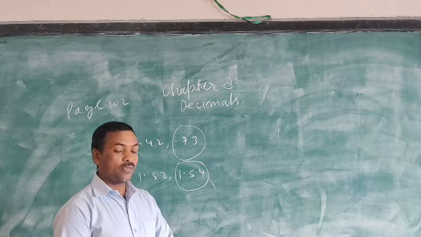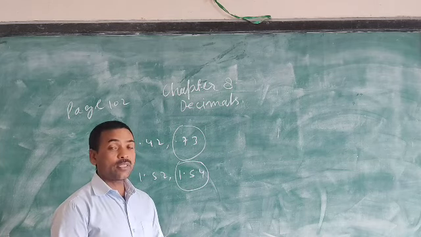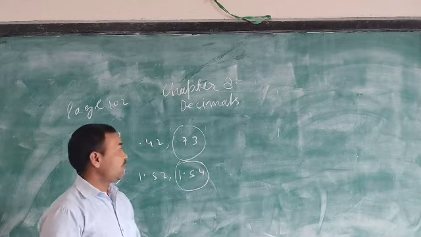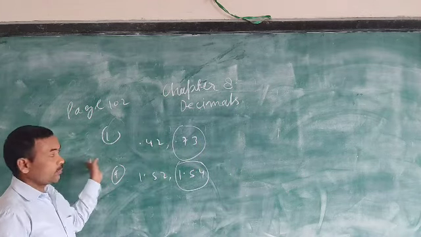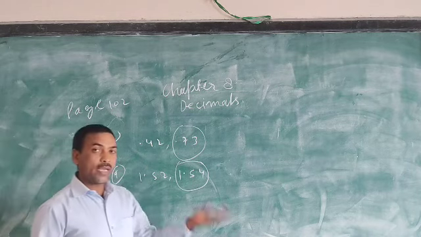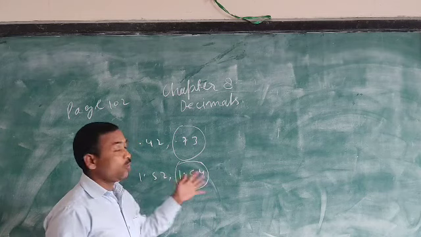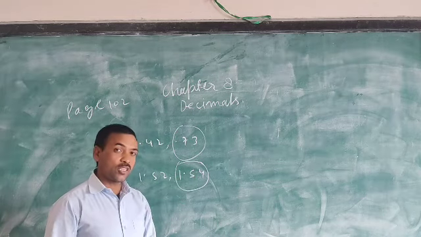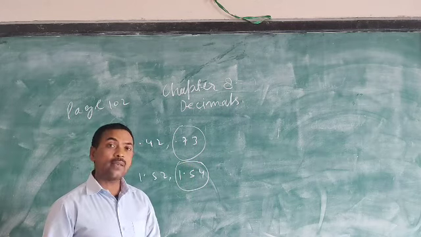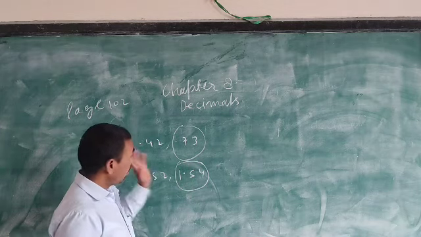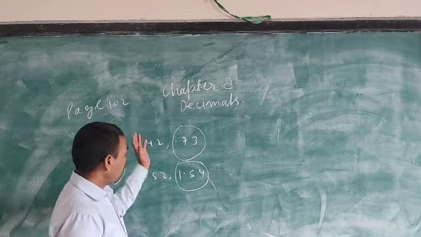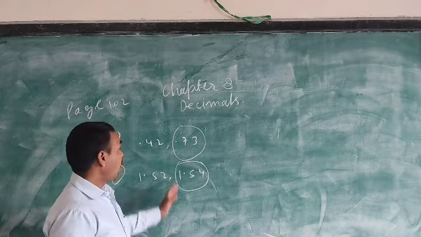Now come to operations with decimals. Your first operation is addition of decimal numbers. Keep in mind that before addition or subtraction of decimal numbers, you have to convert. If they have unlike decimal places, they will be converted to like decimal places. So it is necessary to check before addition or subtraction whether the given decimal numbers are like or unlike. If they are unlike, we have to convert them into like decimal places, and after that we have to arrange all the points